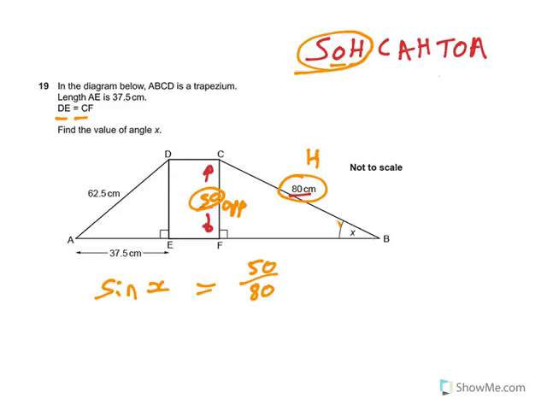Now to solve this on your calculator, you need to go to shift sine, that will give you sine to the minus 1, it will open a bracket, and then you put in your fraction, which is your 50 over your 80, then you press equals, and you get the answer